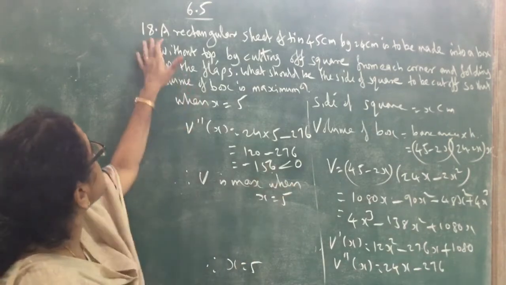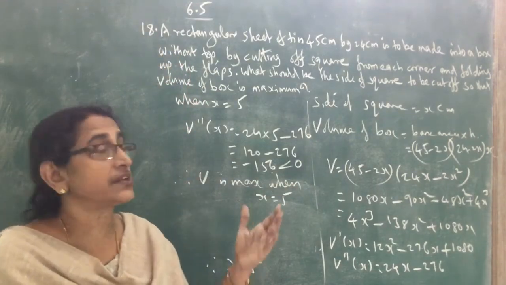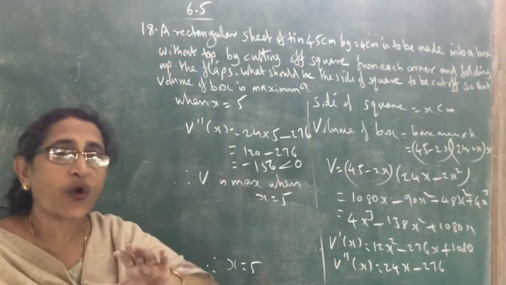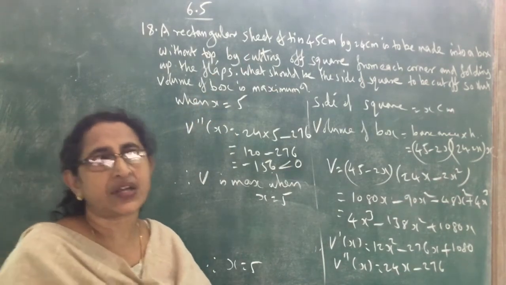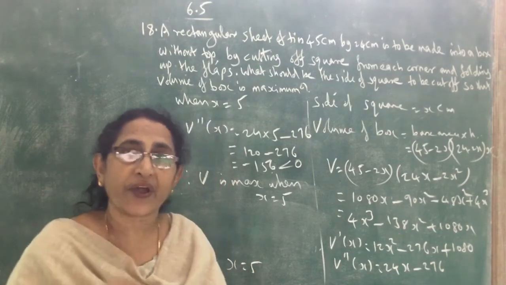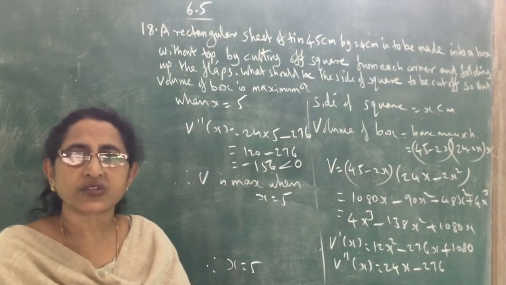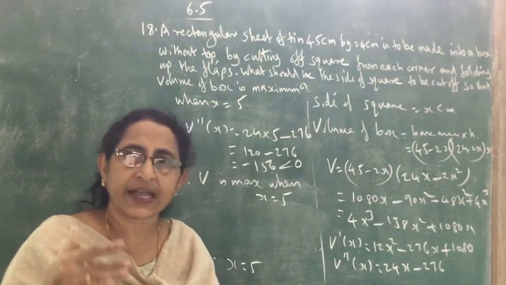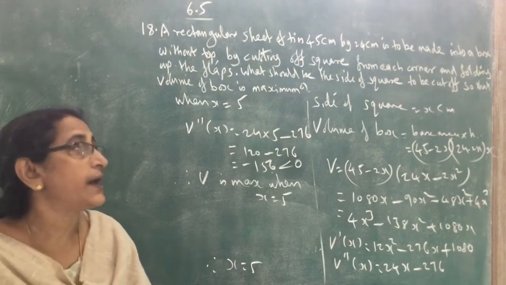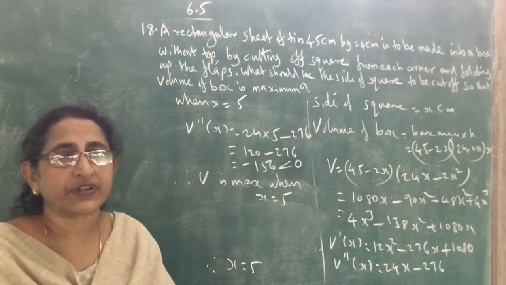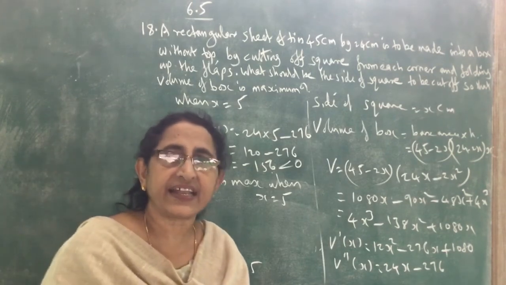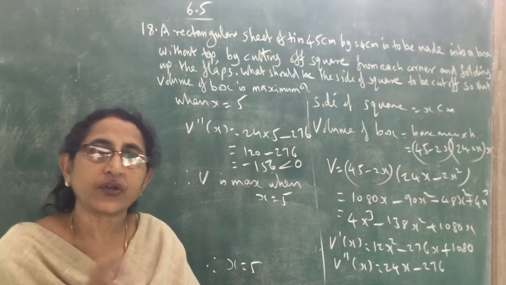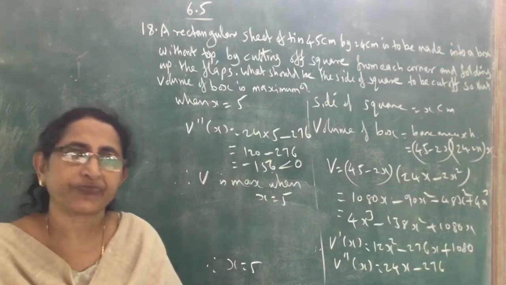Now in the same way, see the 17th question. Here it is a rectangular sheet of tin, while in question number 17 it is a square piece of tin, in the shape of a square. In that case the side of the square is 18 centimeter, and we can do it the same way. The box will be a square prism, so the base is a square. Base area into height means area of the square into height. So that will be more easy.